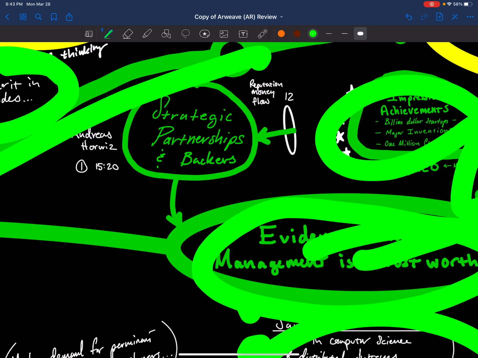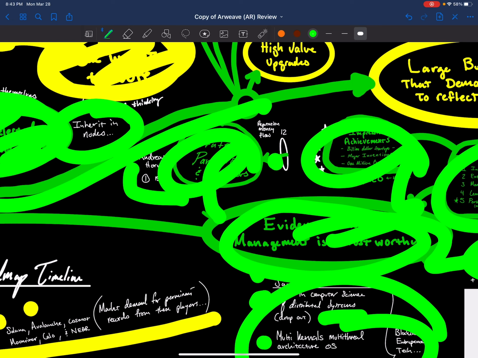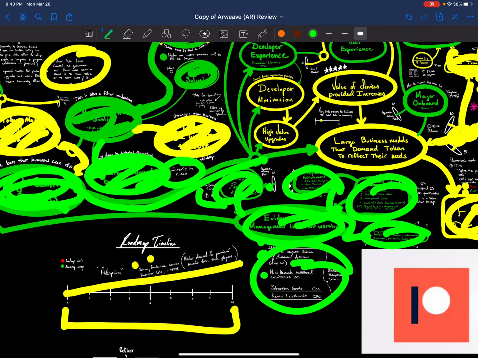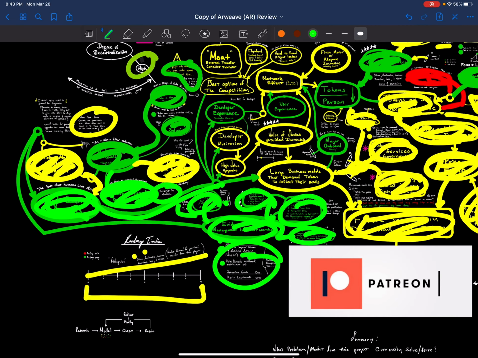And they have strategic backers like Andreessen Horowitz. So these are strategic backers, major investors, and that's probably why you hear about this project from some of the major channels, because they pay for that promotional work, because it has major investors. So that could be bullish because it has a lot of major investors, and those major investors want to make money, so they're going to advertise to crypto people trying to get them to buy it.